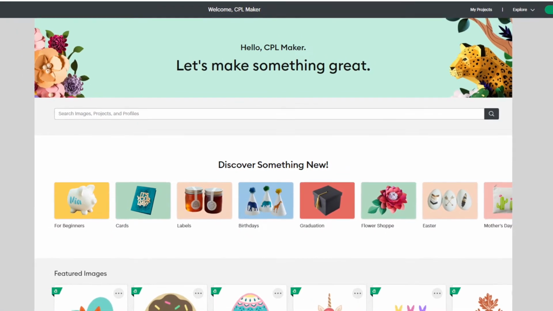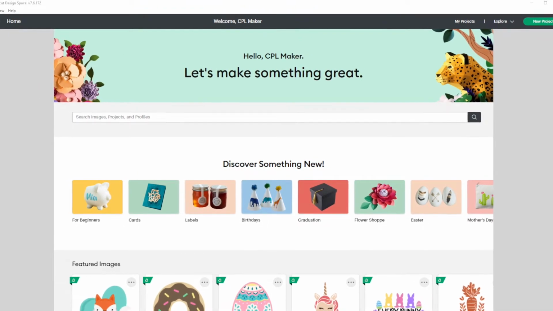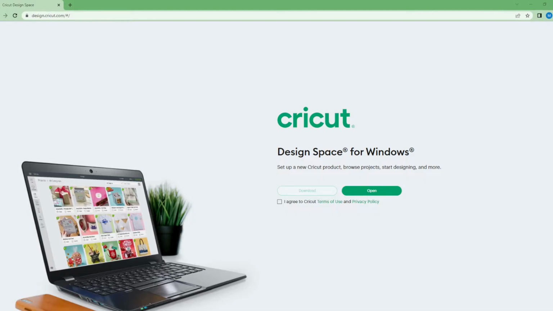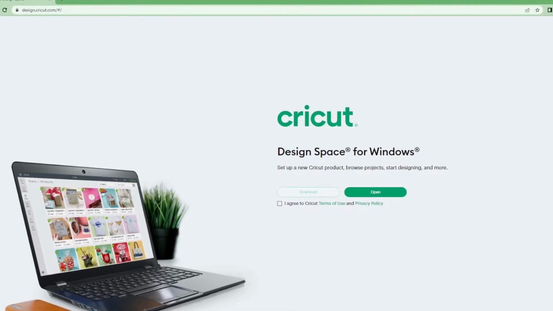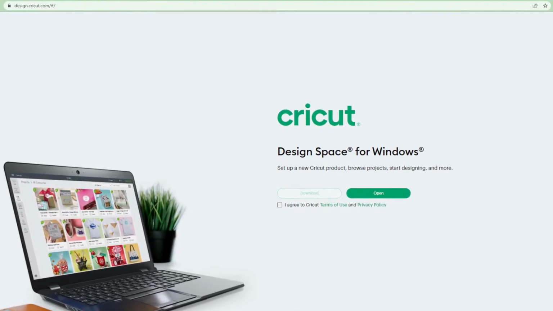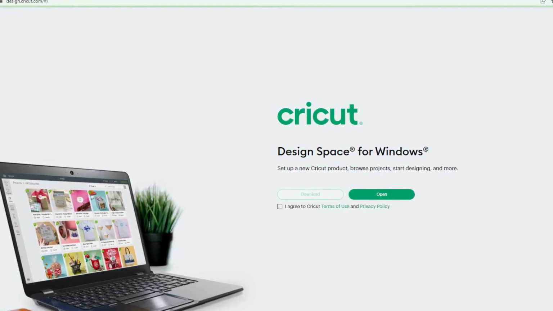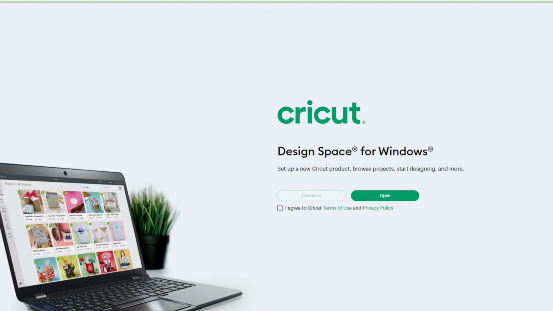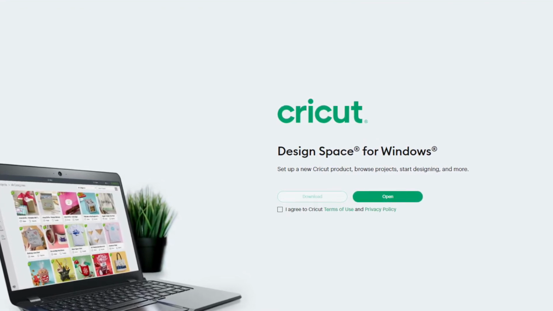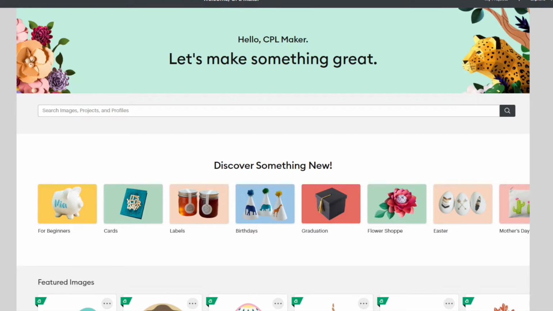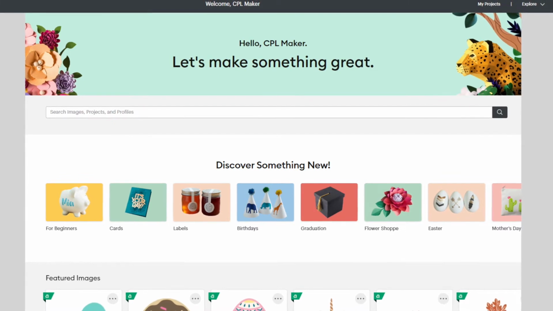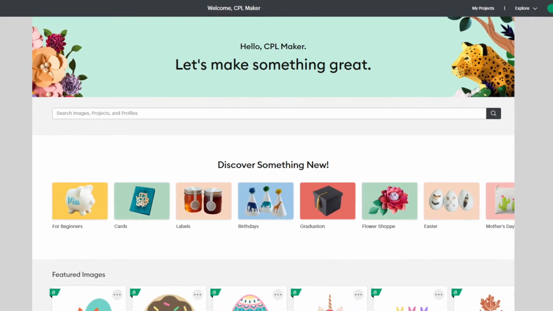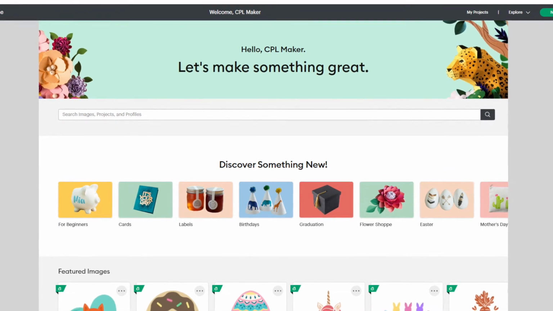To open Design Space on the computer version, click on the Cricut icon, which looks like the green letter C with an antenna. Click on the button and sign in with your credentials or ask staff to sign you in to the library's account. To create an account, click on the button, Create Cricut ID, and follow the prompts. When you sign in, Cricut Design Space will ask you which Cricut machines you actually plan to be using. You'll be either using the Cricut Maker 3 or the Cricut Explore Air 2 machines here, so you can pick the one you are using.